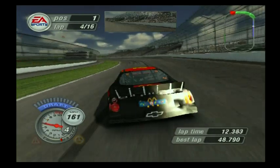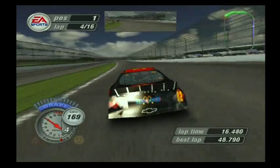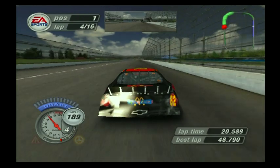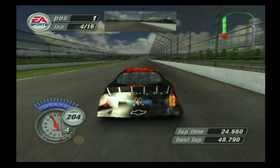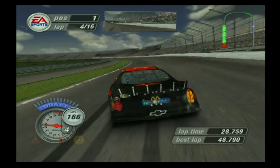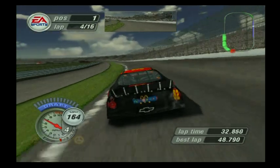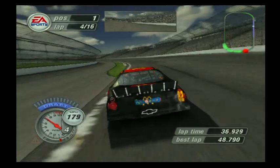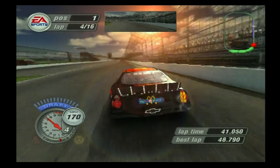Lap 4 out of 16. And just like Pocono, when you pit at this track, it is 100% going to be indicative of who wins this race. Every single time you go to Pocono, or not Richmond, Indianapolis, when you pit is going to decide who wins this race. If you pit early, yeah, you'll gain some time, but you're going to lose a crap load on track position at the end because your tires are so old. But if you pit late...